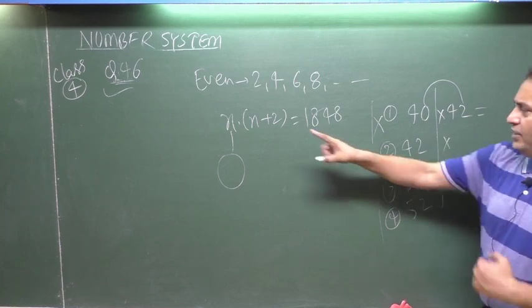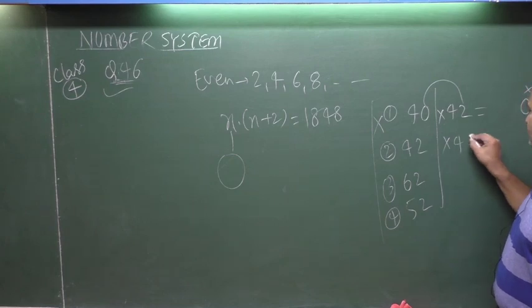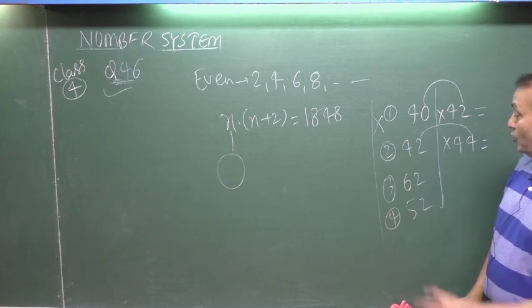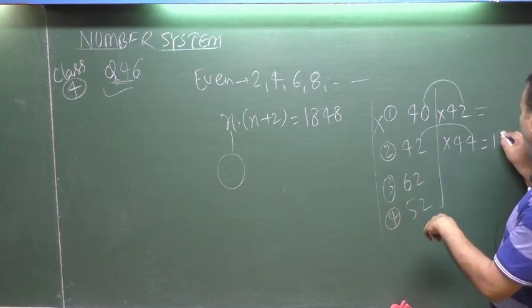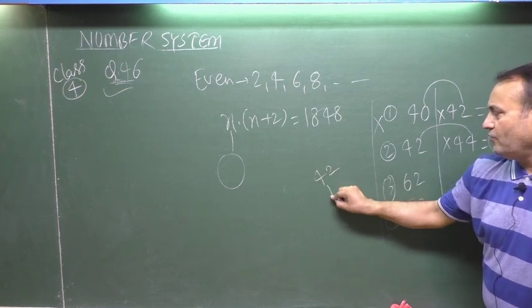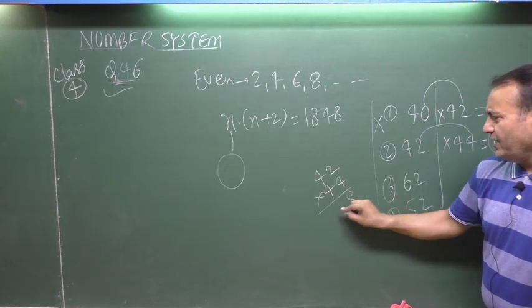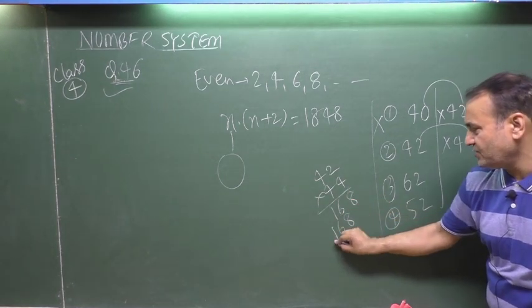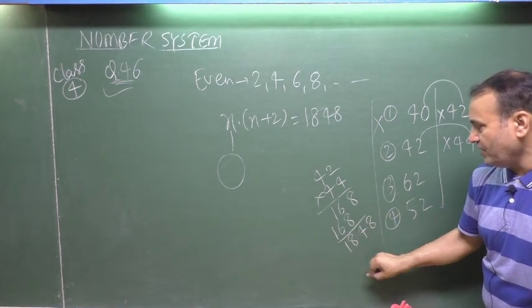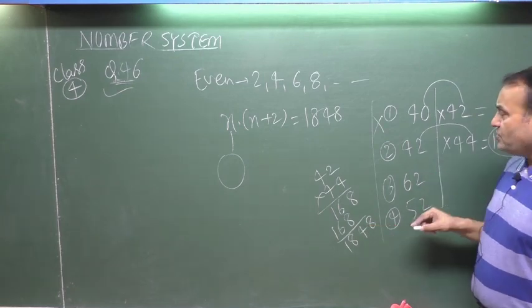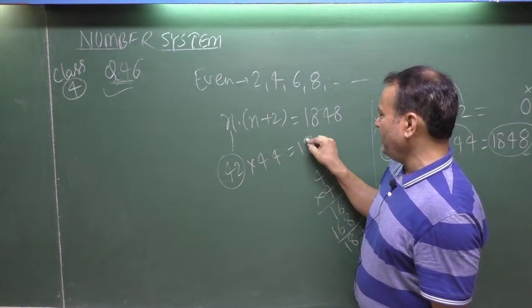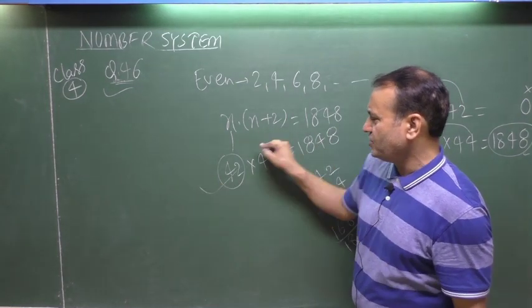42 means if x is 42, this is 44. Firstly, manage the unit exactly right, 8, 8. Now completely multiply. After multiplication, you get 1848. I am showing you 42 into 44. 4 twos are 8, 4 fours are 16, 4 twos are 8, 4 fours are 16. Add: 8, 4, 8, 6 14, 6 1 7, 1 8, 1 8. It matches here. Okay. That means if you accept 42, this is 44 and the multiplication is 1848. Certainly this is your right answer.